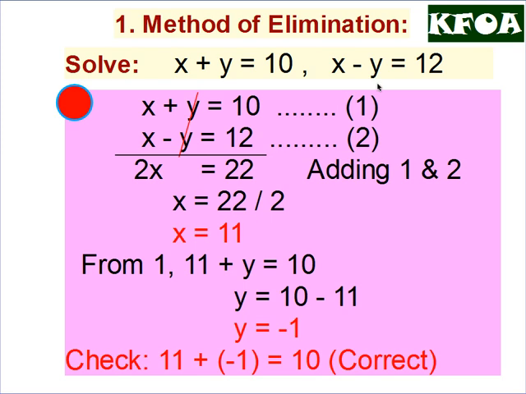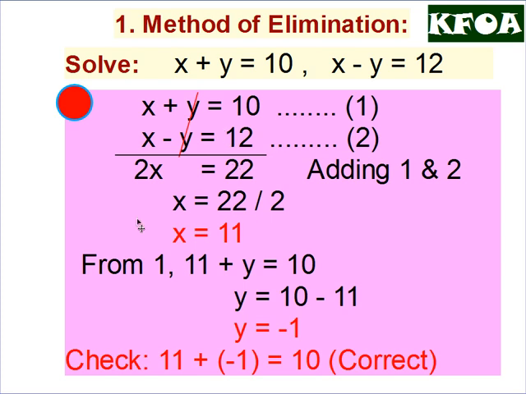This is elimination method. In elimination method we can eliminate any one. So these are two equations. If we add them, y will get cancelled. So we'll get 2x is 22, x equal to 22 upon 2, x comes 11. On adding we don't change the sign, on subtracting we change the sign, then the sum will come. I'll explain again. Now whenever you get one value, substitute this x is equal to 11 in any one equation.